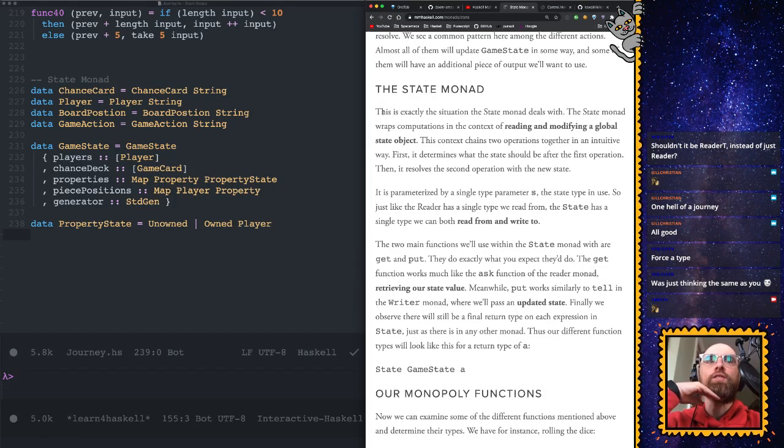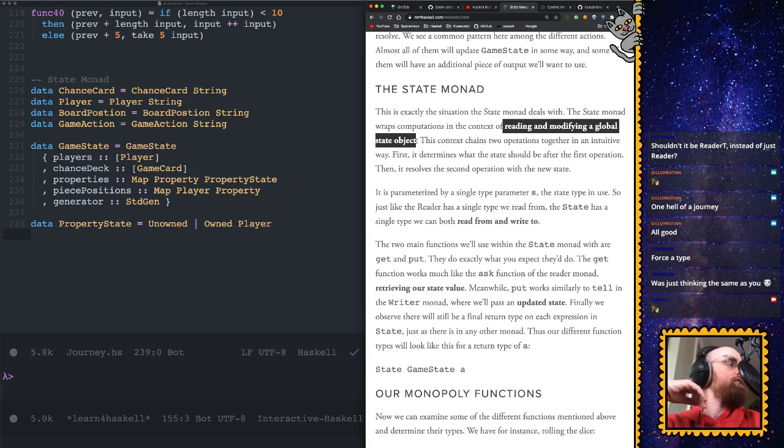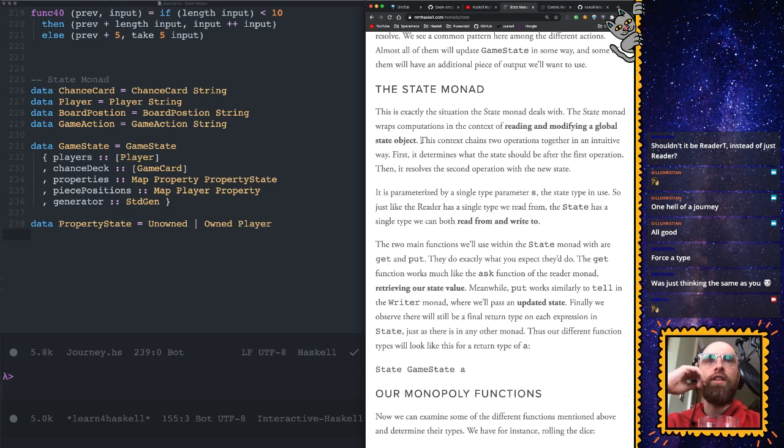This is exactly the situation a state monad deals with. The state monad wraps computation in the context of reading and modifying a global state. So yeah, in general, that's why I was saying before, you're not going to use the writer monad as much, because you might as well just use a state then, because then you've got the power of both. Yeah, that's generally what happens. This context chains two operations together in an intuitive way. First, it determines what the state should be after the first operation, then it resolves the second operation with the new state. So much like the rest of Haskell, you're not